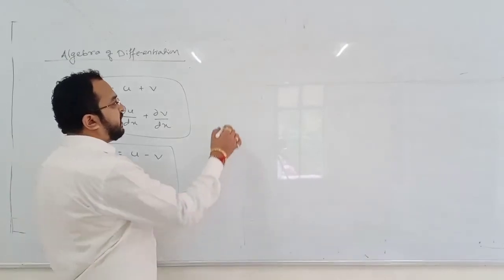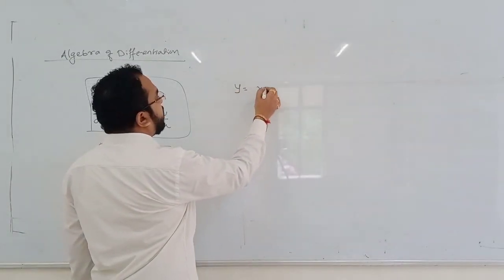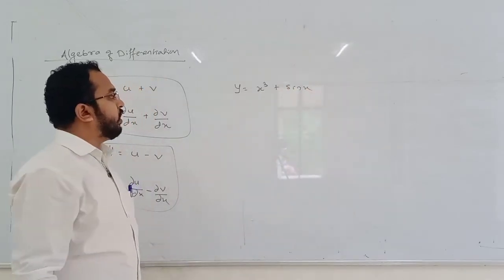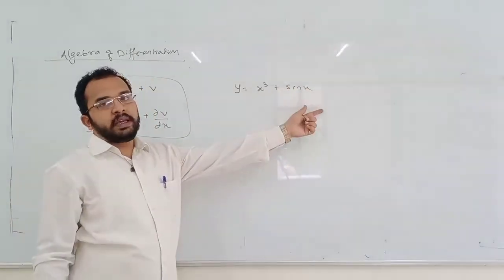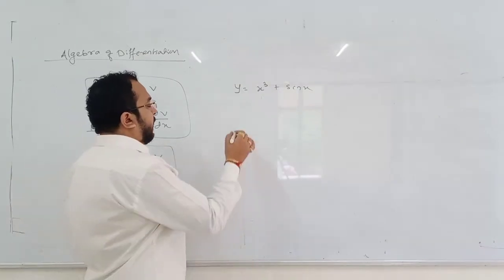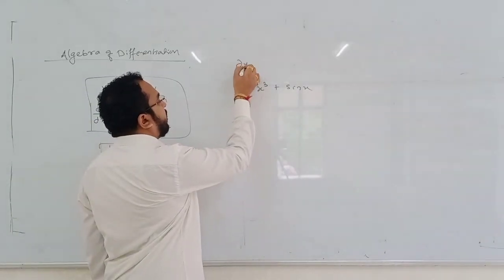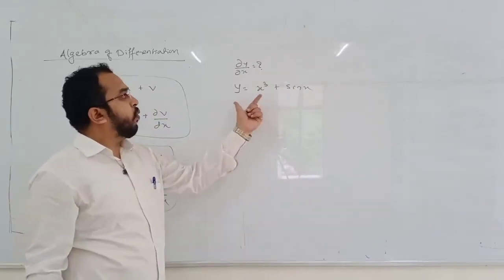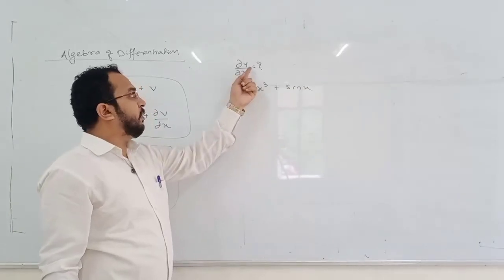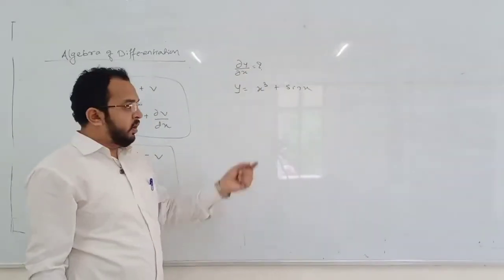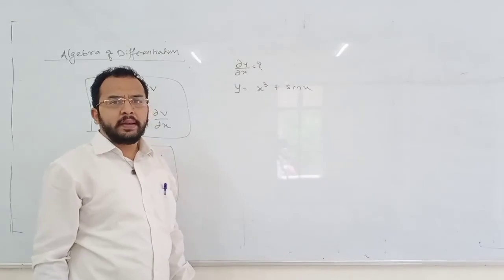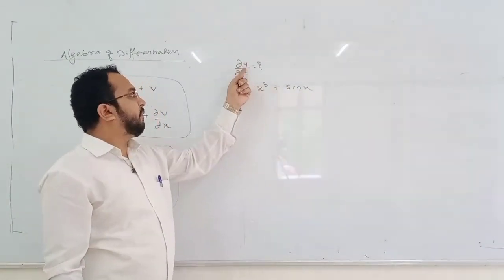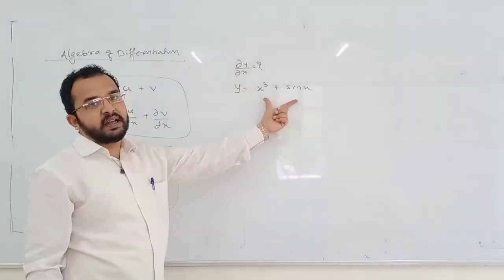आता हे सिंपल लँग्वेज मध्ये मी असं सांगतो तुम्हाला. सपोज y is equal to x cube plus sin x असेल. Now what is u here? X cube. What is v here? Sin x. So suppose you have asked what is dy by dx. What is the differentiation of this y? Y म्हणजेच काय? कुणाचं डिफरन्शिएशन विचारले? y चं. y चं म्हणजे कुणाचं? x cube plus sin x. Why? Because y is equal to x cube plus sin x. So if differentiation of y is asked, that means differentiation of this is asked.